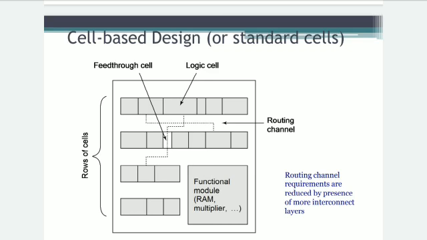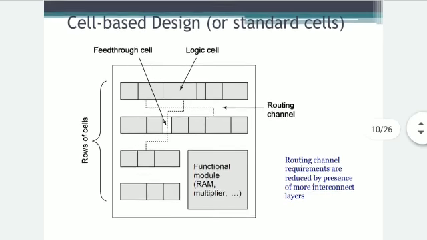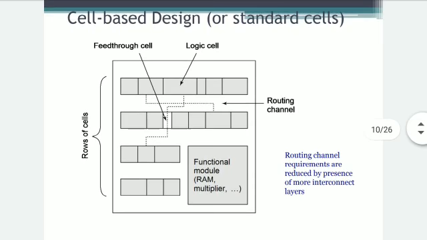To be effective, this requires that all cells in the library have identical heights. The width of the cell can vary to accommodate for the variation in the complexity between the cells. The minimization of the interconnect overhead is the most important goal of the standard cell placement and routing tool. One approach to minimize the wire length is to introduce feed through cells,